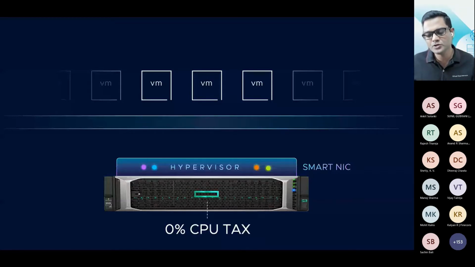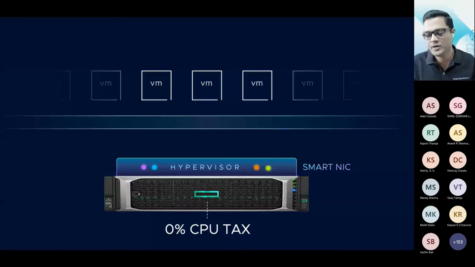So what we're going to do is, we have these smart NICs, right? We are coming up with data processing units. So the NIC cards are coming up with processors. So what we are doing is we are actually going to take our hypervisor. We are going to port it on those smart NICs, on the data processing units, and we're going to run our hypervisor along with network and security elements there,